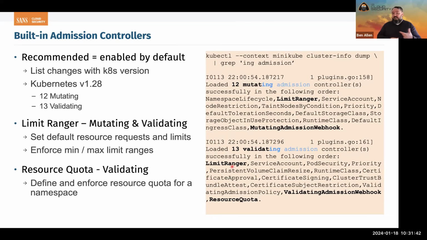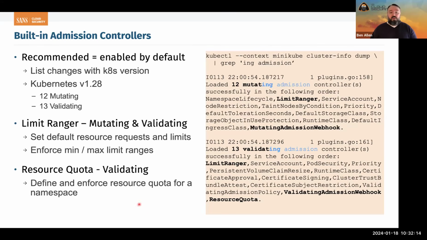Limit ranger's job is to set default requests and limits for pods as they come through. Say, oh, you didn't say how much CPU or memory you want? I'll give you a default. In mutating mode. In validating mode, it says, hey, you requested 75 gigabytes of RAM and 64 CPUs? No, we don't allow that. That's too much. Request rejected. That focuses on the pod